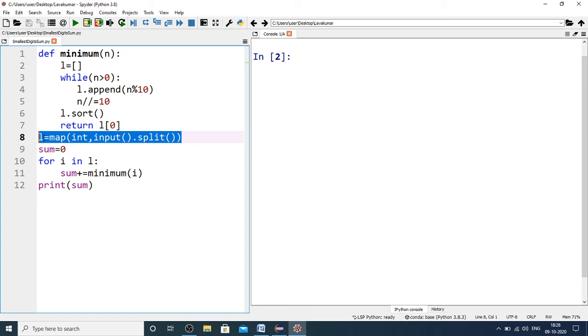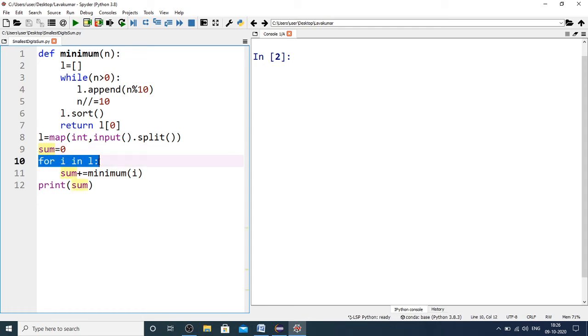So there you are going to assign all the given inputs to a list, and this sum I'm initializing to 0, and then I'm running this for loop as long as the list lasts. Then I'm fetching the minimum, that is the least digit among each and every number of the list, and I'm adding it to sum, which I'm printing on my desktop. As mentioned, you are going to replace this print with a return statement in the placement exam.